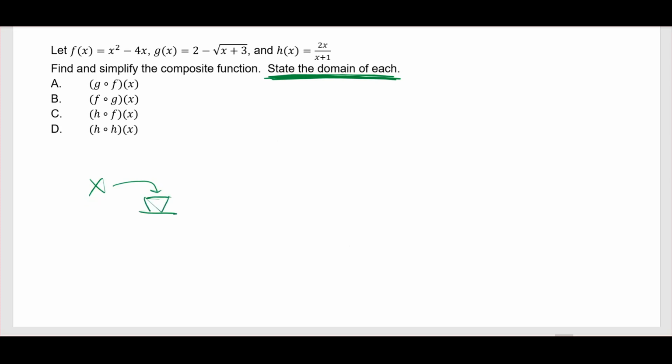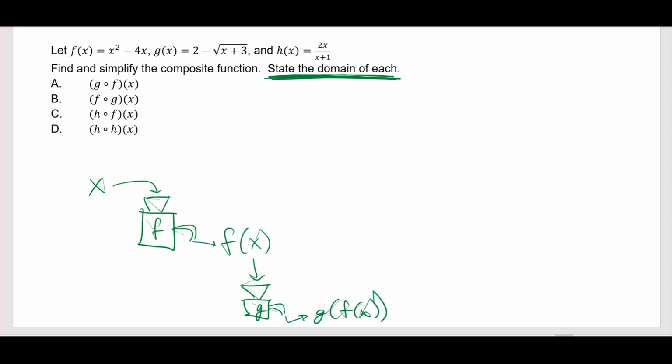Our restrictions are going to come from what our functions are. So here's our function f, and out from the function f comes f of x, the function value. When we find the domain of a composition, it's not just one function. I'm going to plug this value into another function, g, and the output from this one is going to be g of f of x. Okay, so let me just write down steps here. Let's say to find the domain of g composed